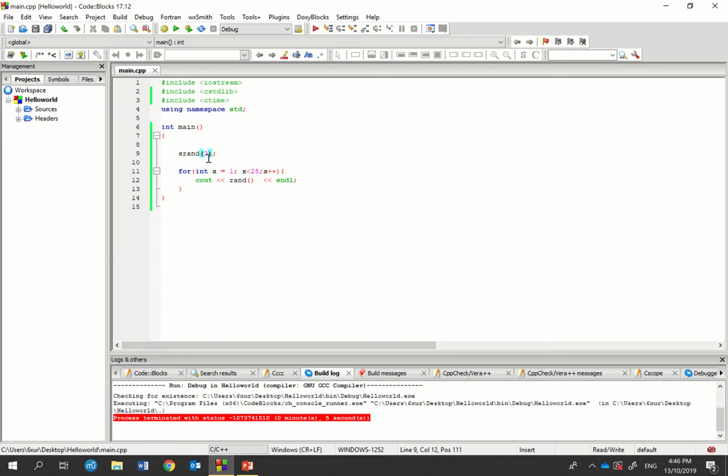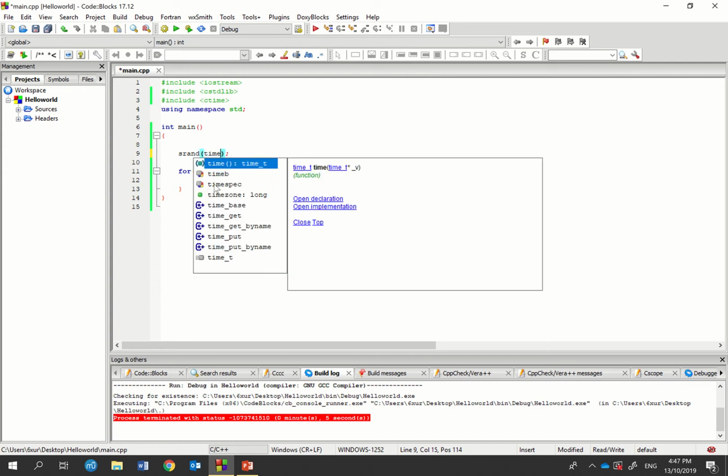So how do we overcome this problem then? That's why we input ctime at the beginning. The reason we input ctime is we need to use a function to overcome this problem. So when we use time here,